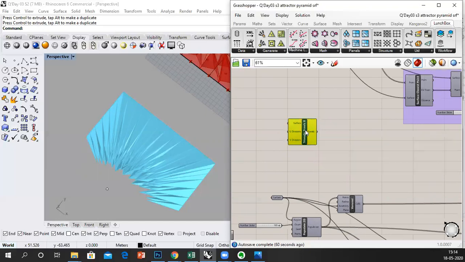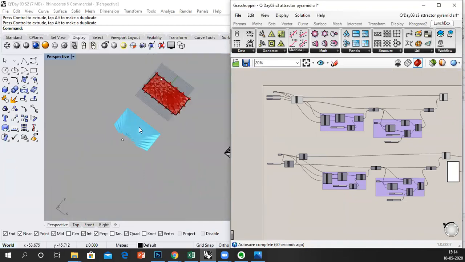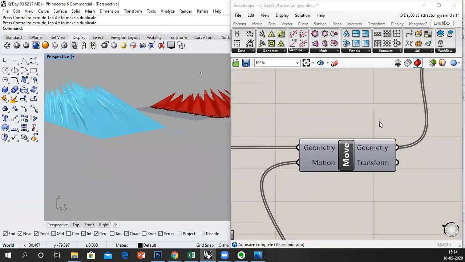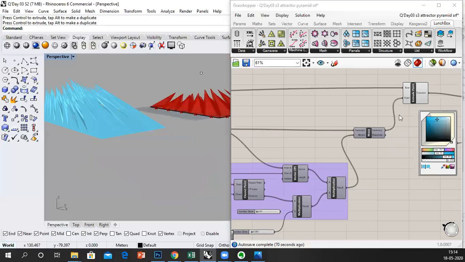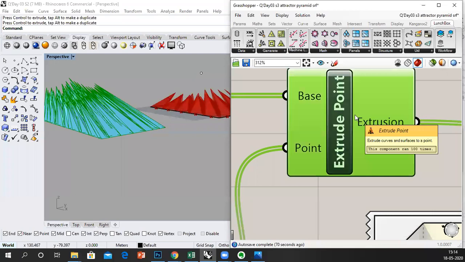So try it for triangle panels. We did it for quad panels, we did it for hexagonal panels, we did it for Voronoi. So yep, ஒரே ஒரு விஷயம் தான், very simple logic, extrude point. So ஒரு curve ஒரு பாயிண்ட்க்கு extrude பண்றோம், அந்த curve values என்னென்ன, point values என்னென்ன, இது ரெண்டு சால்வ் பண்ணாவே we are good to go.